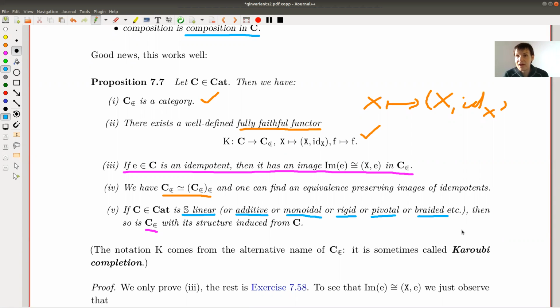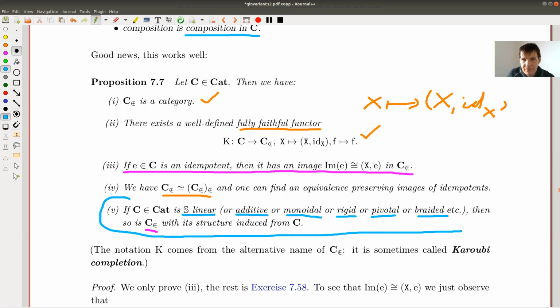Remember, that's what we want to have. We kind of want to remember from the additive closure. It was like, okay, you now have direct sums of objects, but not much has changed. And here, not much has changed either. You now have colorings of objects with idempotents, and you preserve all structure. So this is awesome. This is an awesome property of the idempotent completion.